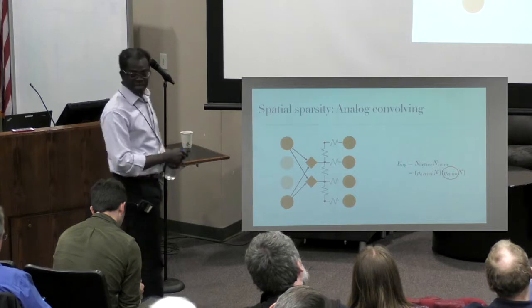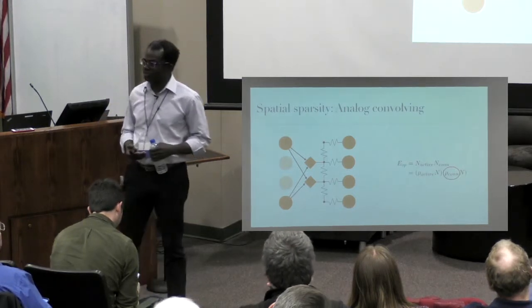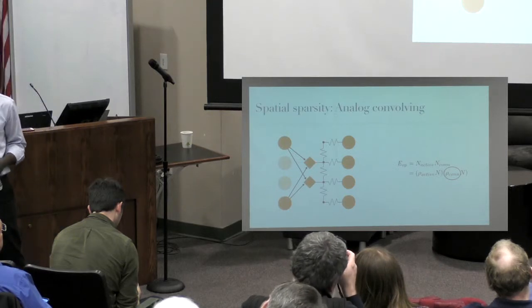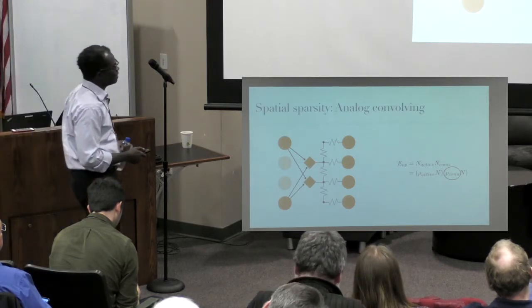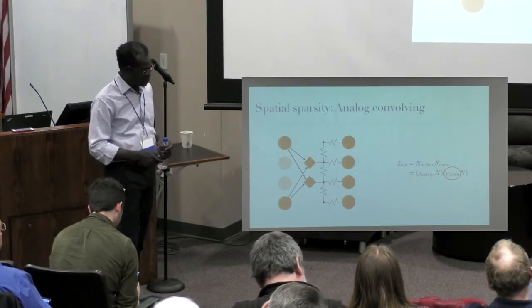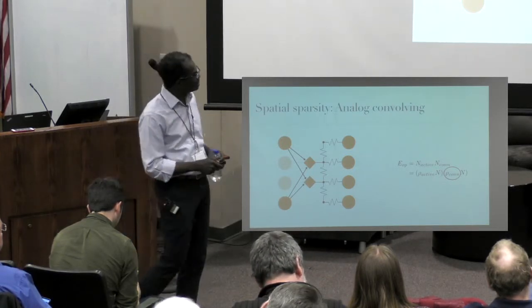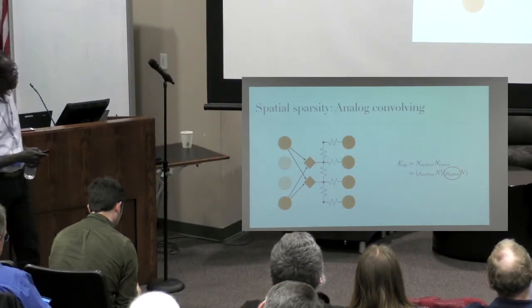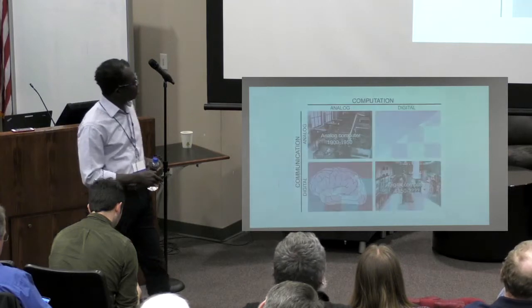And this is sort of like the dendritic tree of a neuron. Convolution was developed to explain how a cable actually propagates a signal. And that kind of thing can actually help you push down on the sparsify your connectivity. This is the main thing that I'm going to focus on for the rest of the talk.